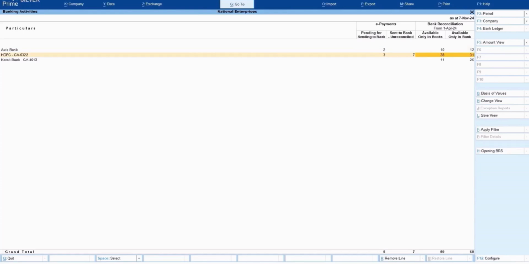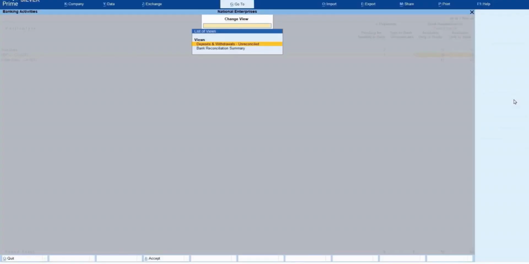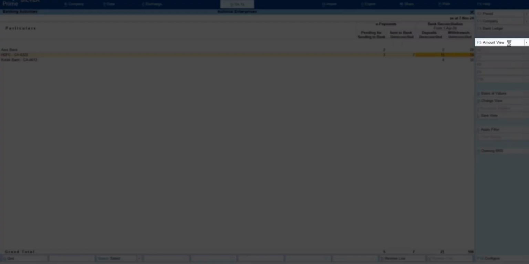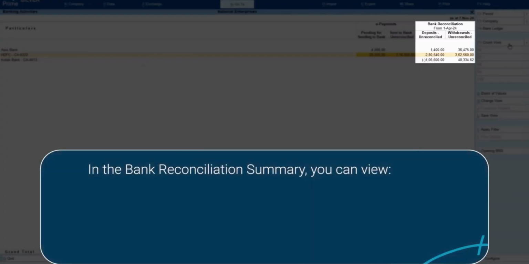Alternatively, if you want to view your unreconciled deposits and withdrawals, press Ctrl-H and select Deposits and Withdrawals Unreconciled. If you want to view the total amount of the unreconciled transactions, press F5. To view the bank reconciliation summary, drill down from the bank reconciliation column.